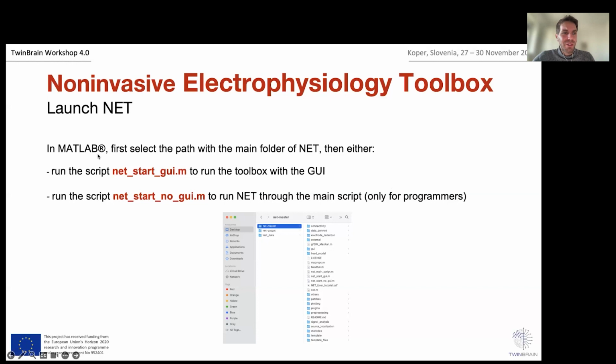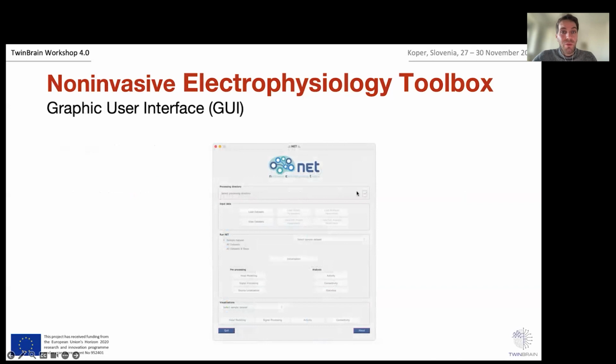I didn't mention yesterday that it works in MATLAB, the software. At this point, you can run the toolbox and see this GUI that will be generated. I don't know whether it is big enough, whether you can see it clearly. However, just for giving a general outlook on it, here you can define the processing directory, which is the place where you want your output